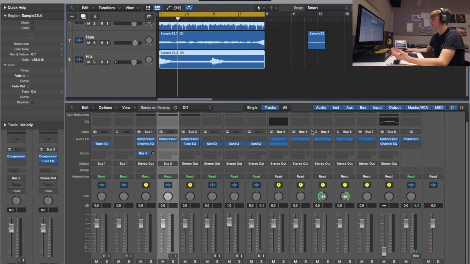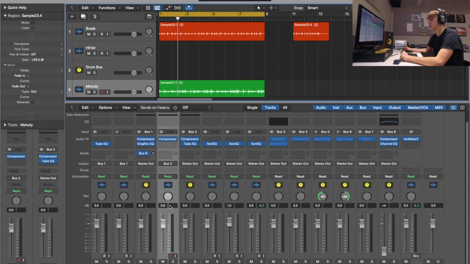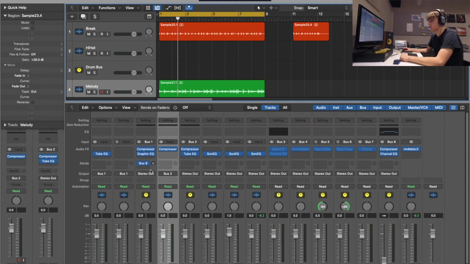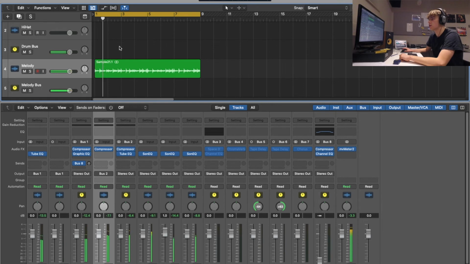So yeah, now that we've got everything hitting at 0 VU, that basically means that there's enough of the signal going into each channel strip so that all my compressors and EQs and reverbs and stuff have enough audio signal and information to work with. So obviously now if we play it, it's not going to sound good at all. You can't really hear the drums,